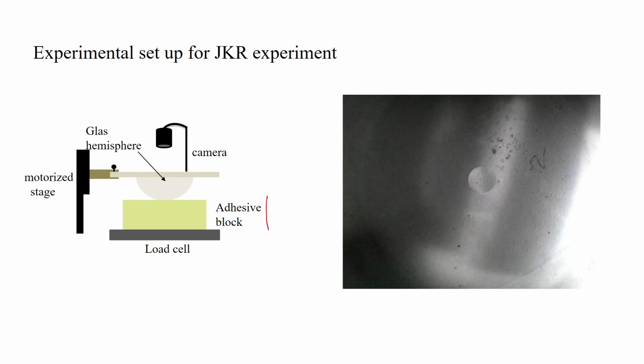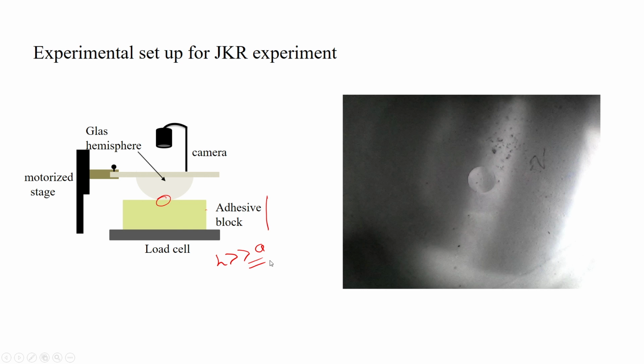I will not say block, a layer, because we have to have an elastic half space. So the dimension has to be large, we cannot have a very thin film. If it is a thin film, instead of an adhesive block, then this JKR mechanics will not work, the theory will not work. So let us say you have quite a thick adhesive block, the thickness of this is much larger than the contact radius. So that means H is much larger than A,